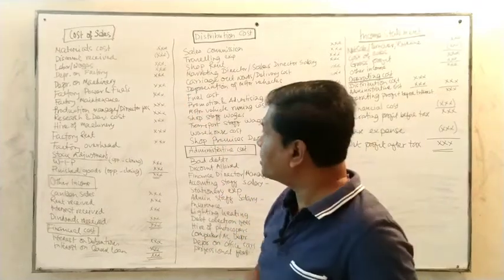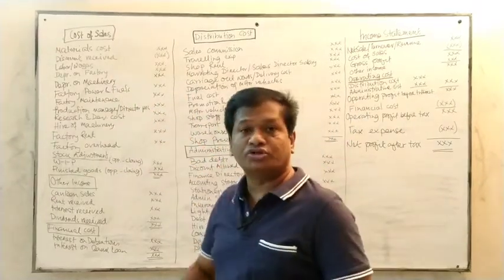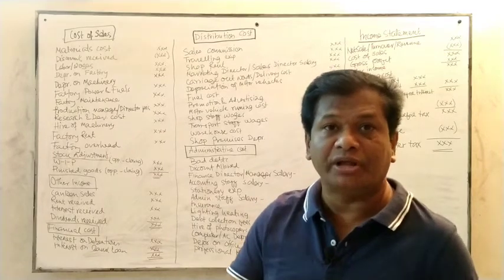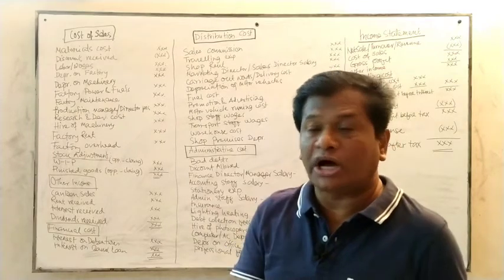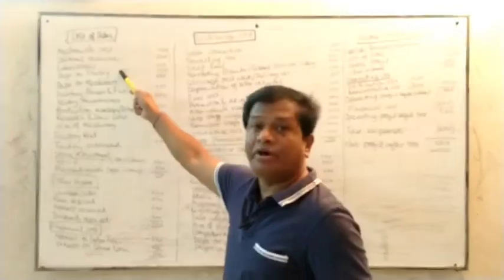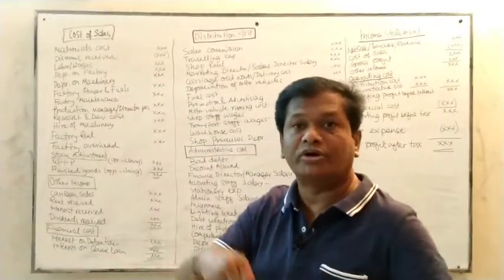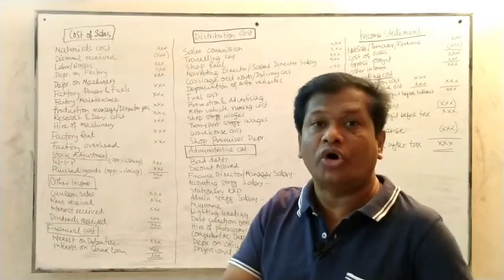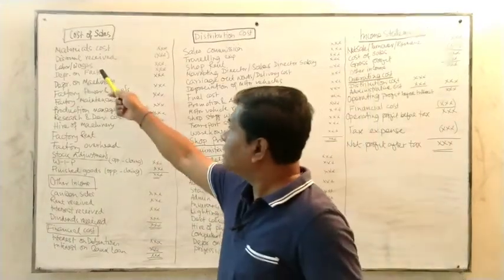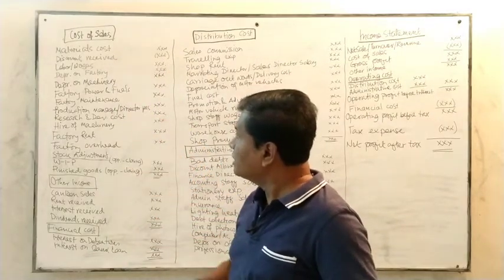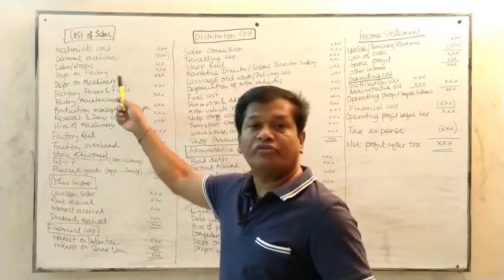It means subtracted. Then the labor cost, wages cost, direct labor, productive labor, factory labor, whatever it is, all costs are included in labor or wages. The salary or wages paid to the workers working over there is called labor or wages. This is one of the expenses. Then depreciation on factory.